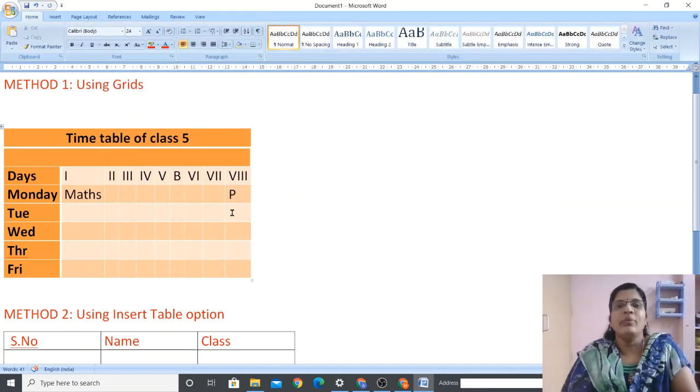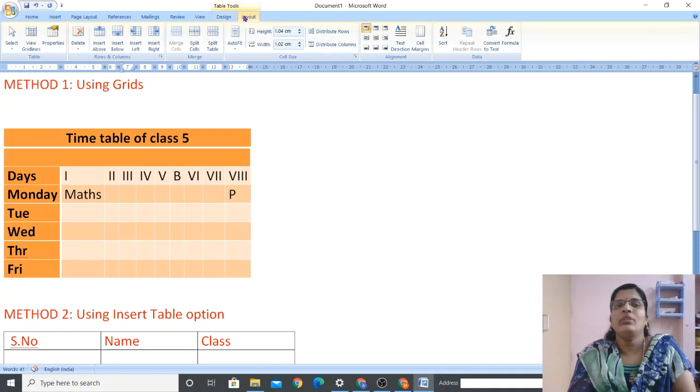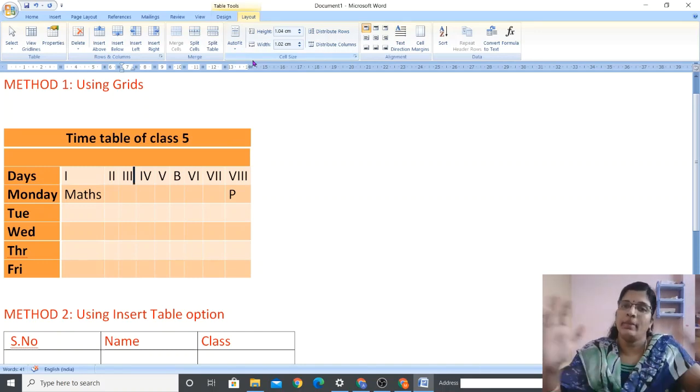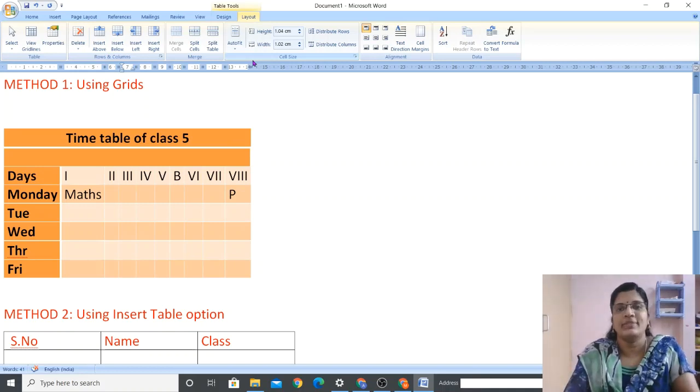Okay. So I have a question now. See, how to autofit the size of the rows and columns, that is, automatically adjust the size of the rows and columns? Where do we have to go? Click on the table, go to the Layout tab, and what is the group name? Just keep it in mind, it's the Cell Size group. Then the AutoFit icon, then AutoFit Contents. If you do so, all the cells will be adjusted according to what you type. If you are typing a big sentence, it will enlarge to a big size.